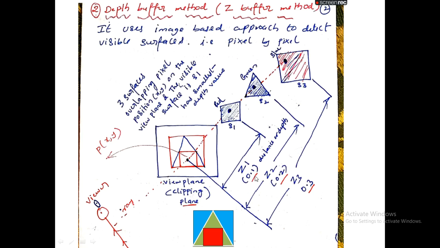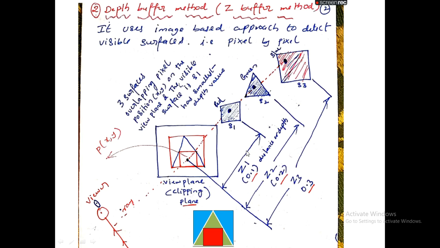Depth or distance can be represented with respect to the z-axis value. Try to remember, the observer is viewing all these three objects with respect to the z-axis. Now we need to specify the distance between the observer and those surfaces. But when we are using a synthetic camera, we need to specify the distances between the projection plane and those surfaces.